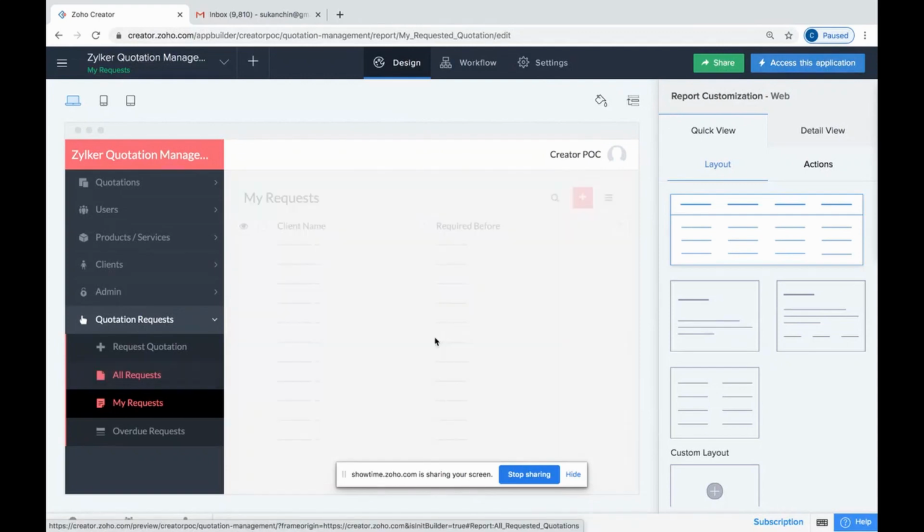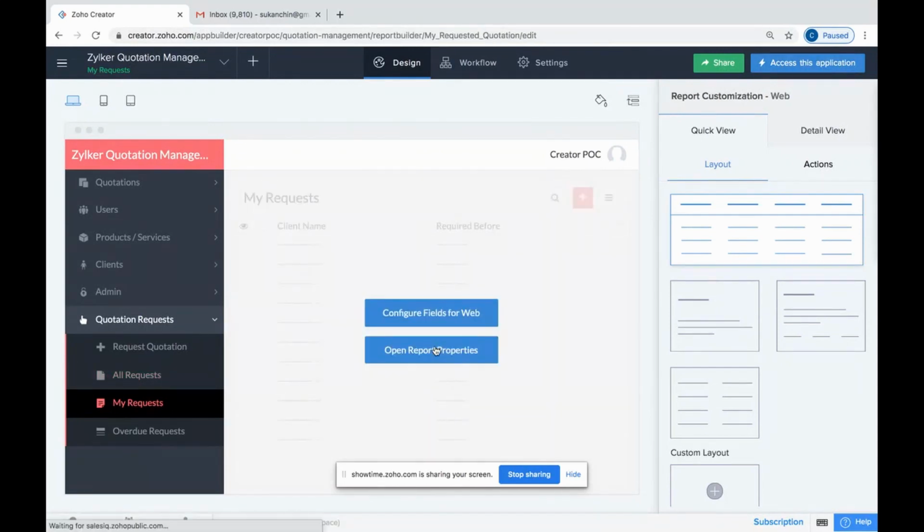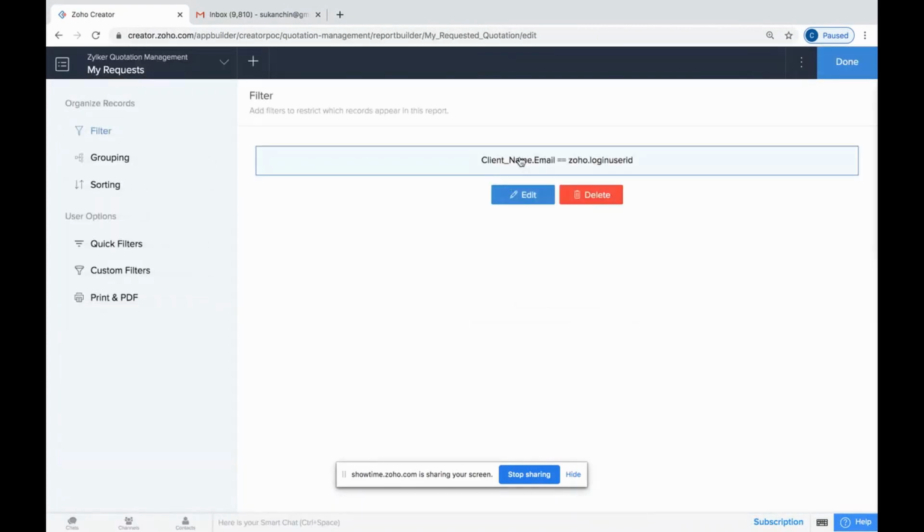So for that, what I've done is I have created a new report called my request, and I have applied a filter condition where client name dot email equals zoho dot login user ID, which means when I log in, I will just be able to see my own information, and that is filtered based on my email address if it matches with the login address through which I have logged in to Zoho. Just this filter condition I have given.